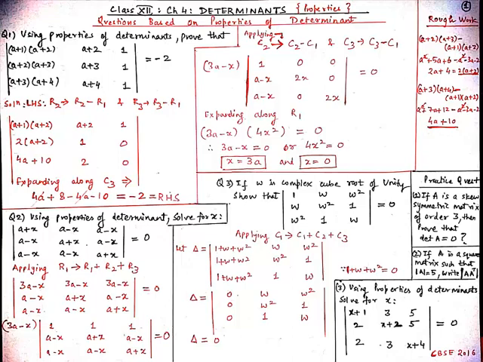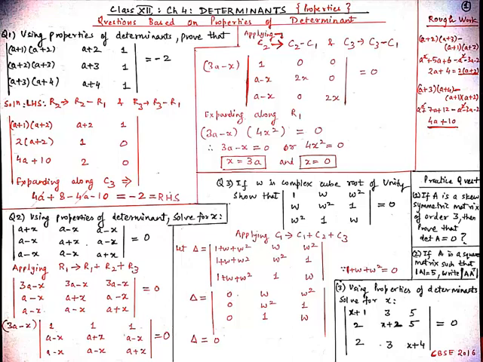Now we will take the a32 element, which is a+4, and subtract the a12 element, which is a+2. So we get 4 minus 2, which is equal to 2, and then 1 minus 1 equal to 0. Now students, we will expand our determinant along column C3. From here we get 2 into (a+2) into 2, so we get 4a plus 8, and then minus of 4a, minus of 10.